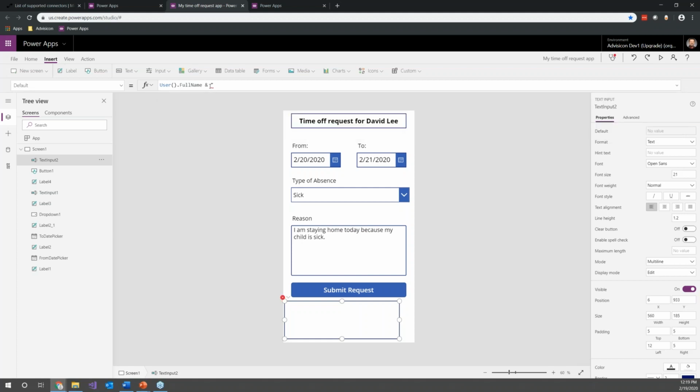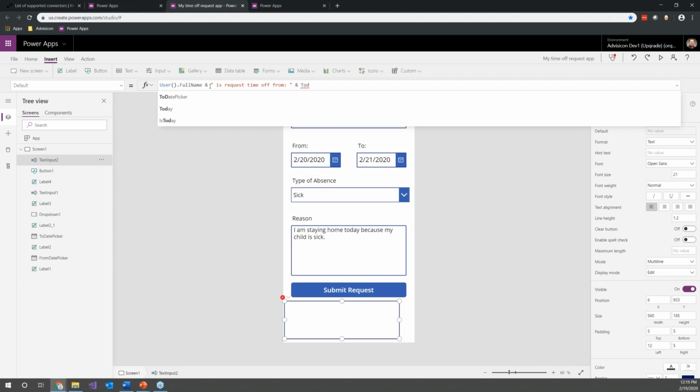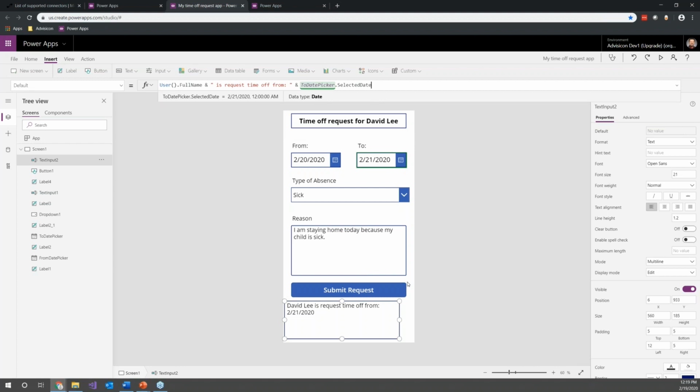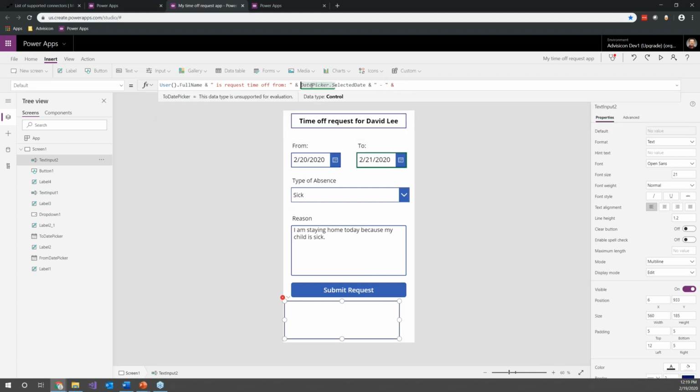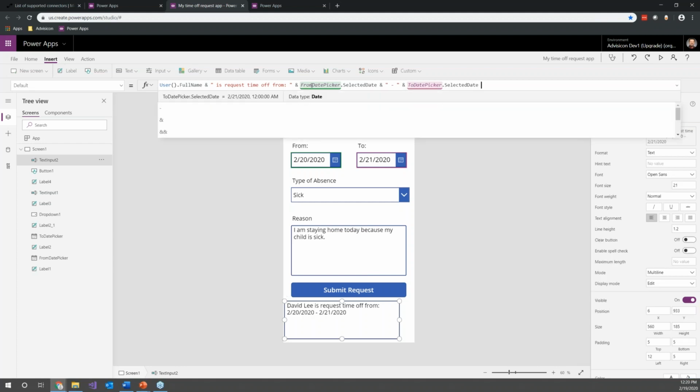And I need to connect a little intermediate string here, "is requesting time off from," and now this is where I said I gave that date picker a name for a reason, because I start typing "to date," and I've got my to date picker dot selected date, and that is going to fill that in down here. So that was our from. Oops, I should have done from first. So now we've got from to,